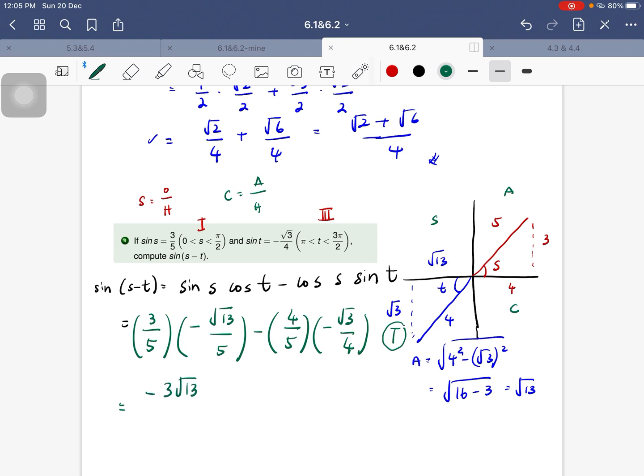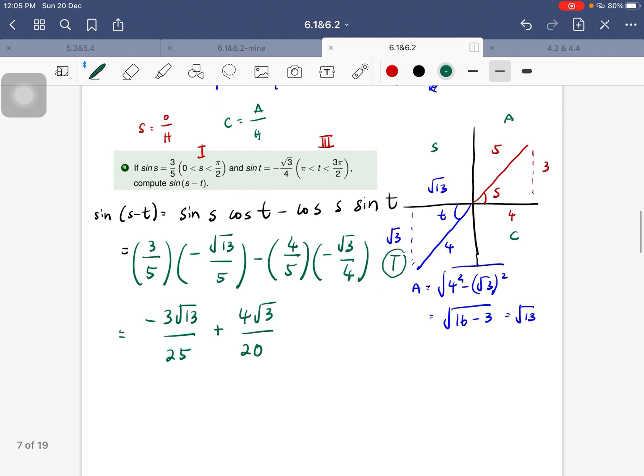At the top, I'm going to have negative 3 square root of 13 over 25, minus, sorry, it's going to be a plus, and then I'm going to have 4 square root of 3 over 20 for this case. Okay, so you don't need to simplify, you can just leave it like this. Because if you simplify this, you might get your answer in terms of decimal places. So no need to, just leave it like this. And this is going to be sine